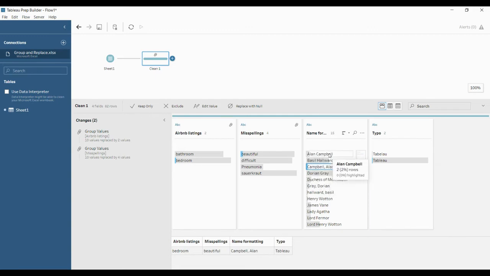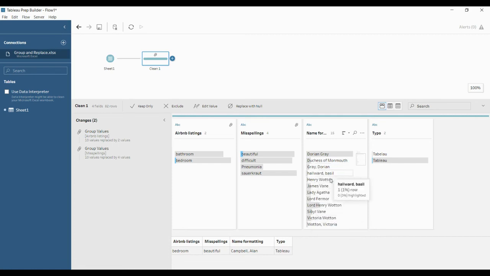And Basil Hallward, Hallward Basil. Since they used a comma here, Tableau Prep is automatically assuming that this is the name, since in our name we will not have any comma. So that is why it is grouping accordingly. Similarly, Victoria Wotan and Wotan comma Victoria are grouped.